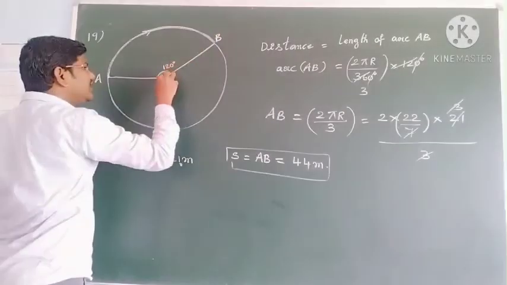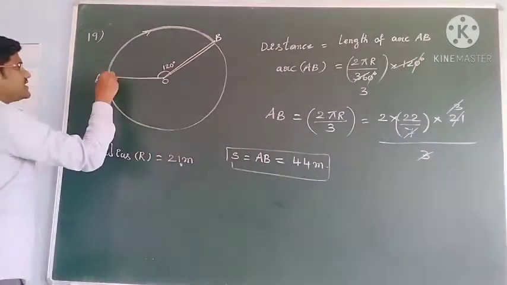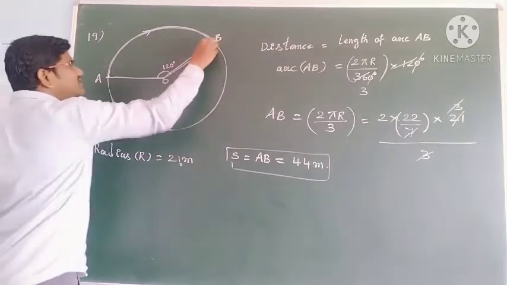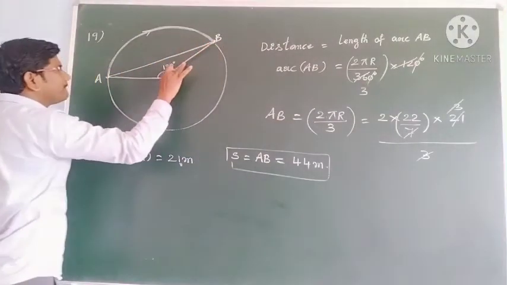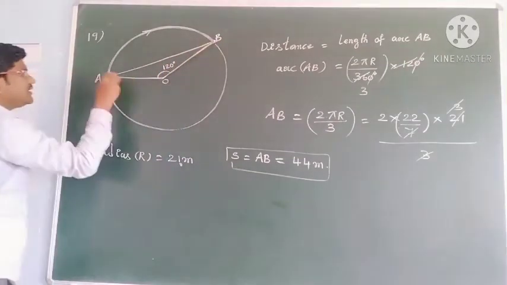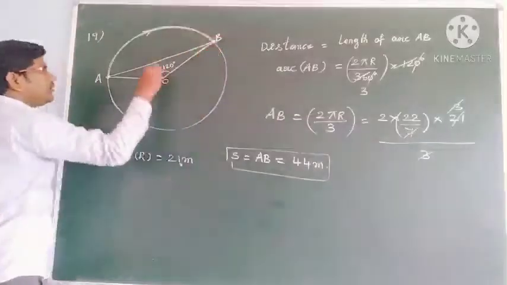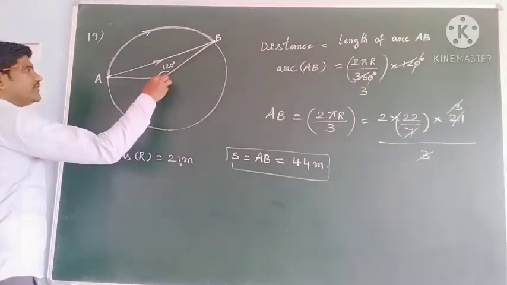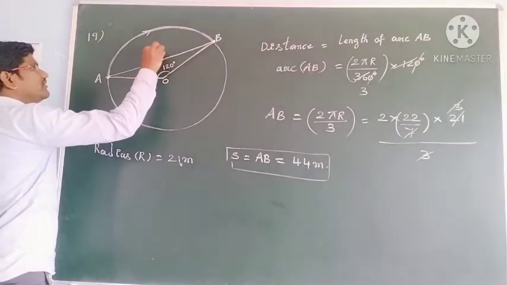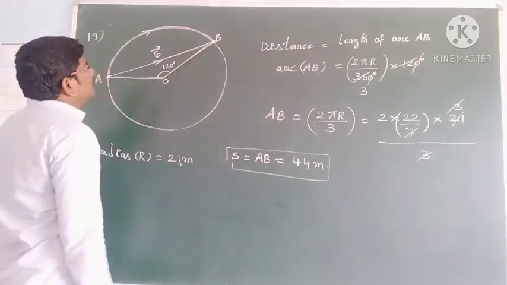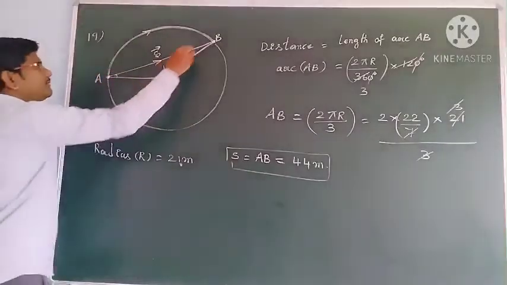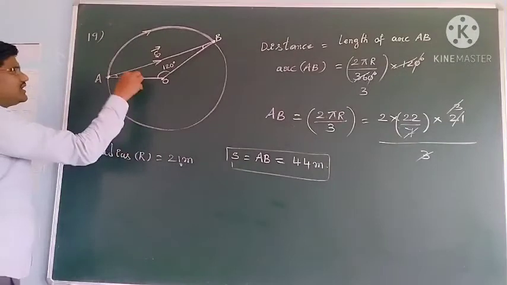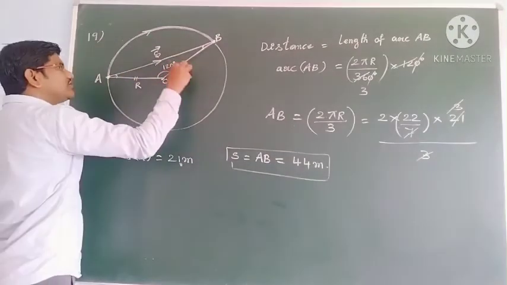Now displacement I want. Okay students, see, the 120 degrees angle is given. Displacement means this is the initial point and this is the final point. So you join a direct line segment from initial point to final point, then it will become displacement. This is the center of the circle, this is the radius r and this is also radius r.